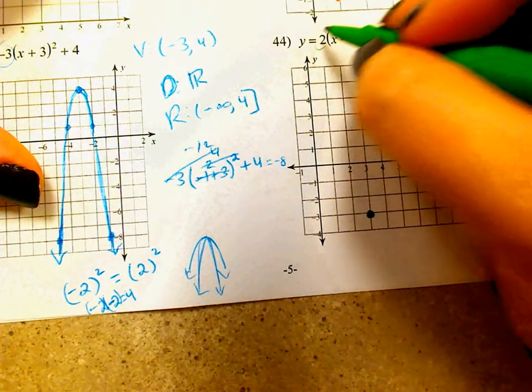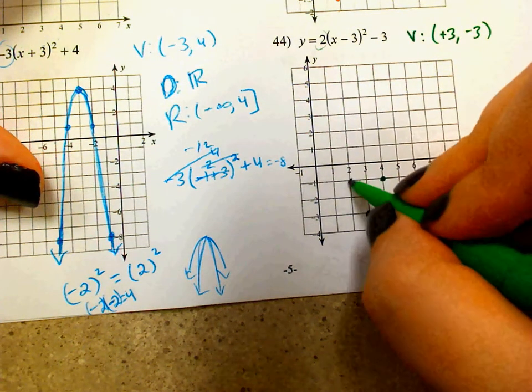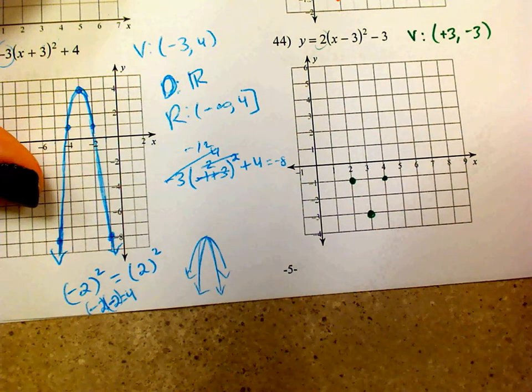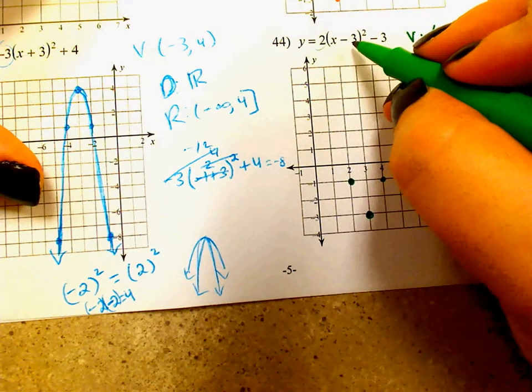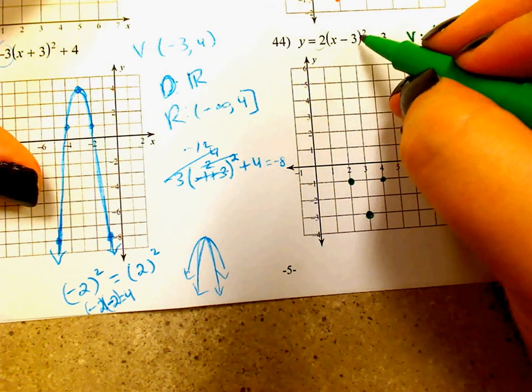Okay? And then I need to find the next point, so I'm going to go to the right one more time. 5. 5 minus 3 is 2. 2 squared is 4. 4 times 2 is 8. 8 minus 3 is 5. So I'm at 5,